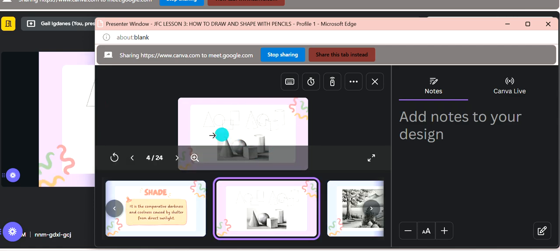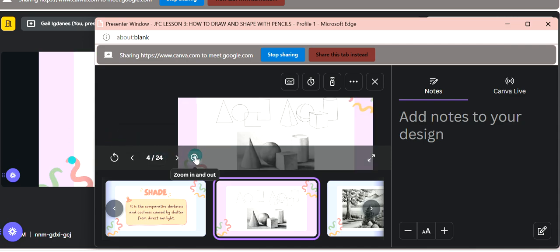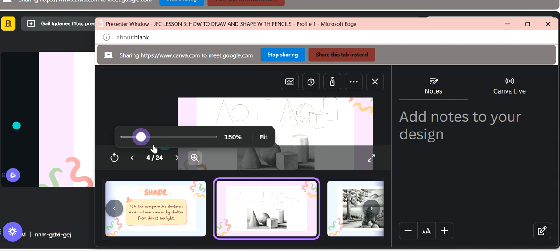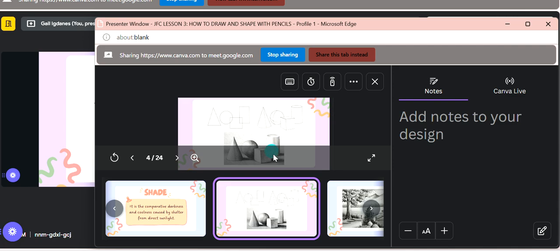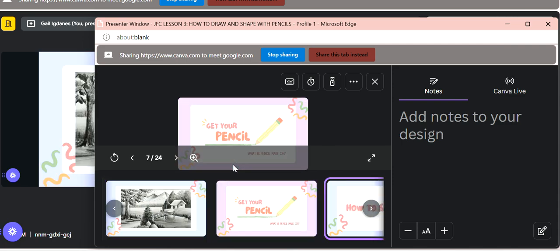This one, and this part, as you can see, let me zoom in. Oh, it's also zoomed in on your end. You can see this one, the side graphite is used to create a lighter shade of shadow.